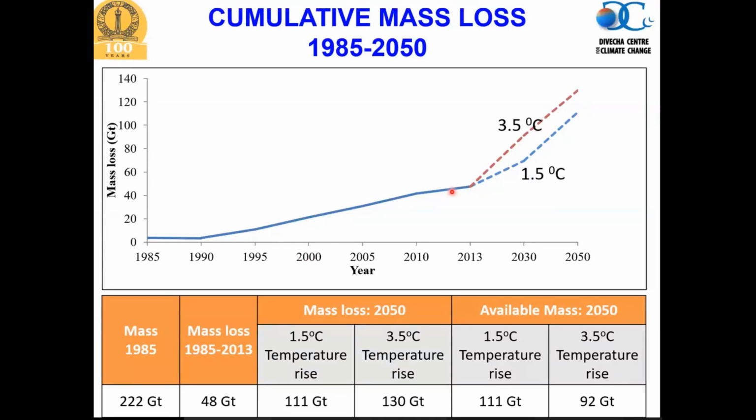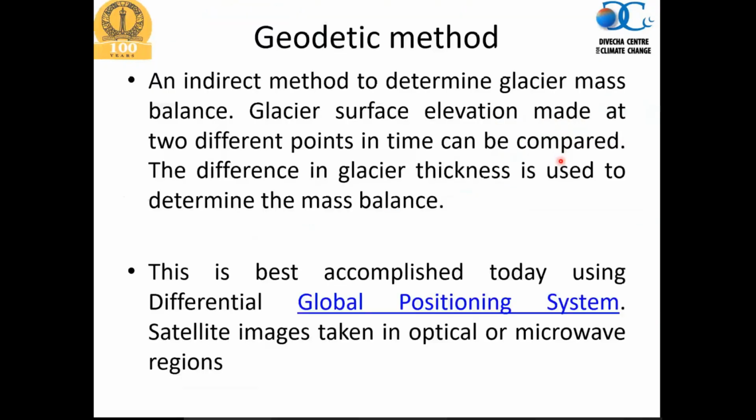Some models suggest a 1.5 degree rise in temperature by the middle of the century, some say 3.5, and then you can plug that into the model and see how glacial mass loss is going to change and accelerate in future. So all kinds of further analysis you can do,